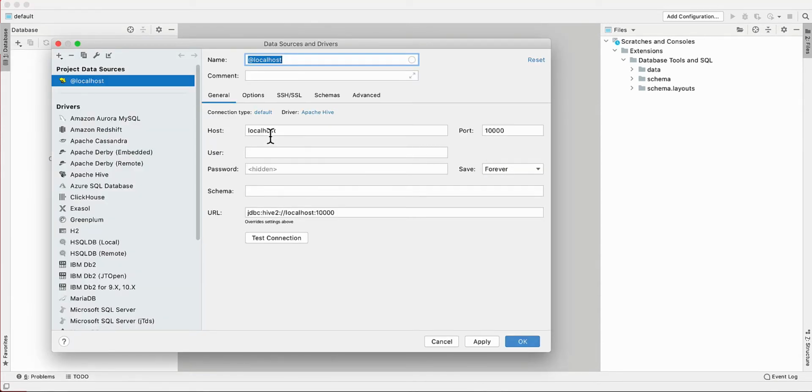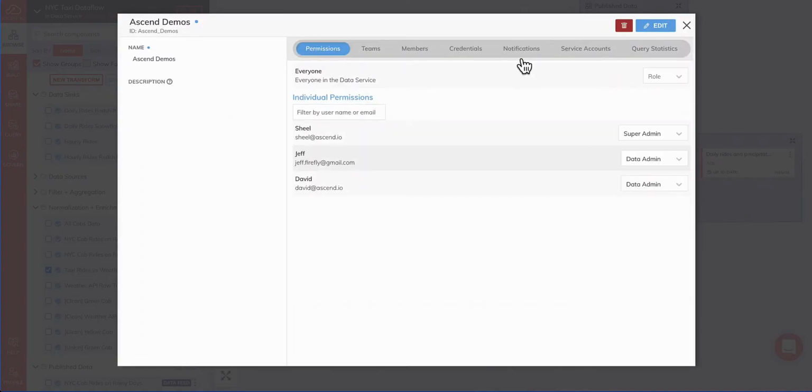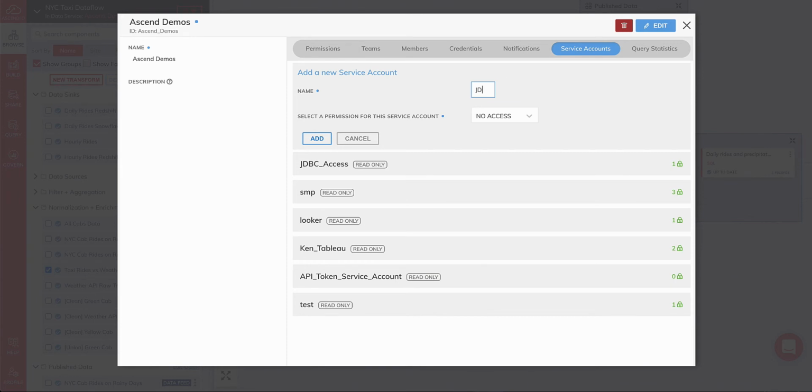From there, we need to fill in the host. The host will be your Ascend domain. In this example, I'm using Fuji, and it will always be .sql.ascend.io. The port will be standard 10,000, and for the user and password, we'll hop back over to Ascend to generate those. Those can be generated at the data service level by going to Service Accounts and adding a new service account. You can name it,